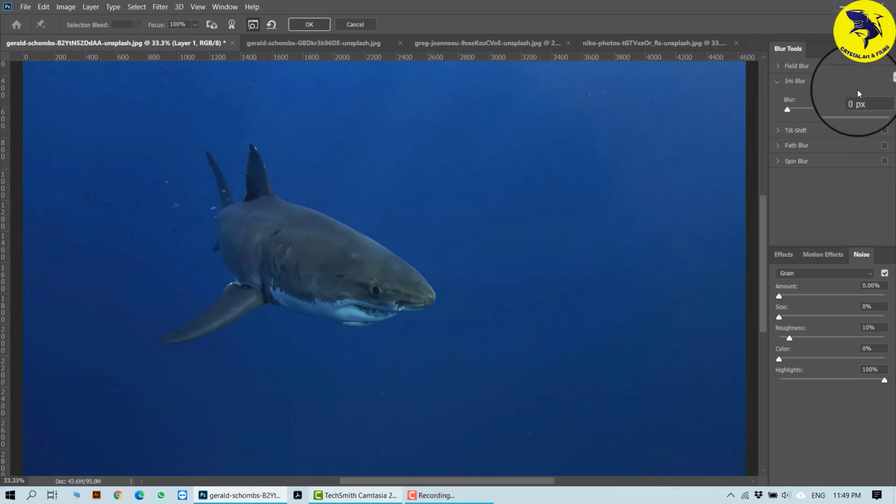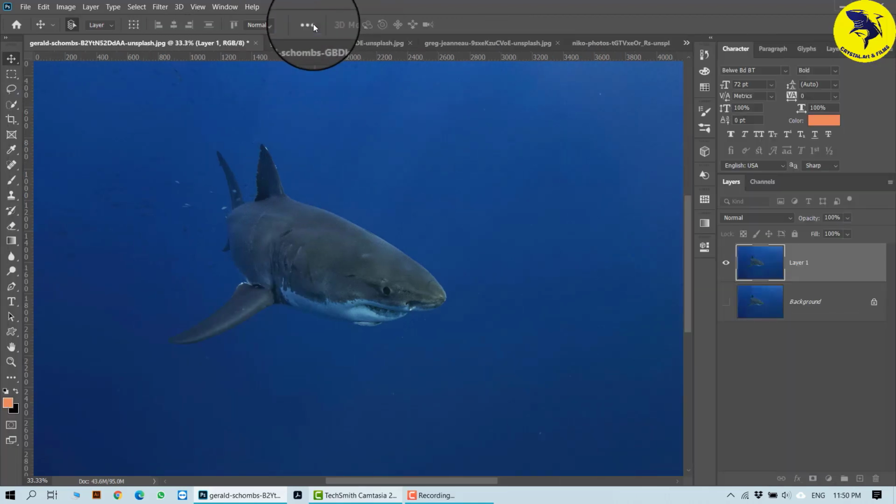Now if I click here and if I start the blur, you can see that area is left out and the blur is actually happening. So yeah, you can try all that blur. So that is your iris blur. And if you really want to see how it will look after the blur, I'll just click here on this head. Wherever you click, the blur automatically updates. So you see, that is how the blur is happening.